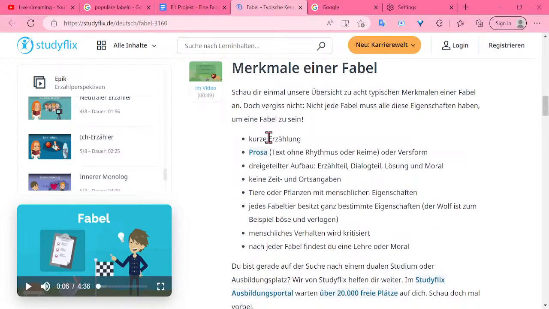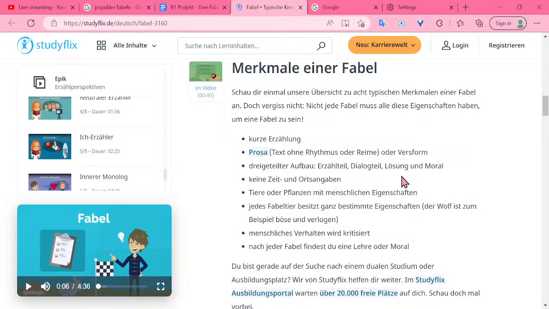Characteristics: very short. It's not lyrical, there's no rhyming, there's no rhymes at all. It's not poetry, okay? There's no verses and things like that. So you have a few things here. You need to first tell a story. There needs to be dialogue, right? One animal says something, and the other animal says something else, and the animal responds. Stuff like that. Usually you just have 2, maybe 3 animals.